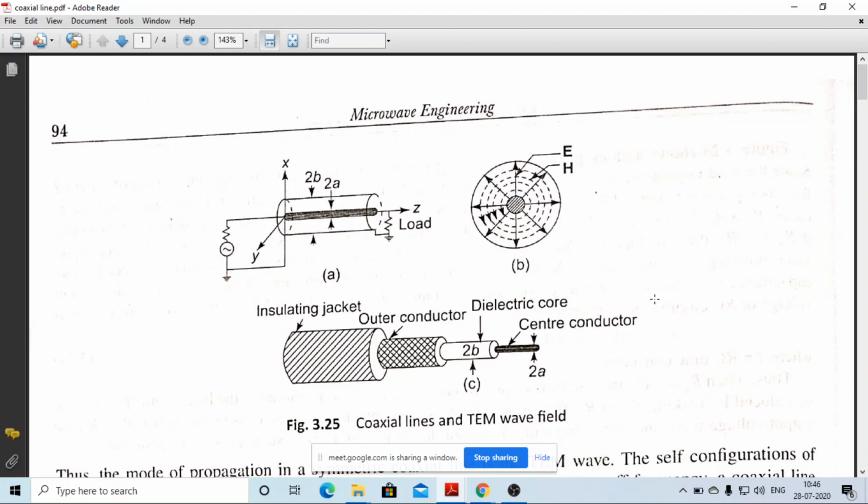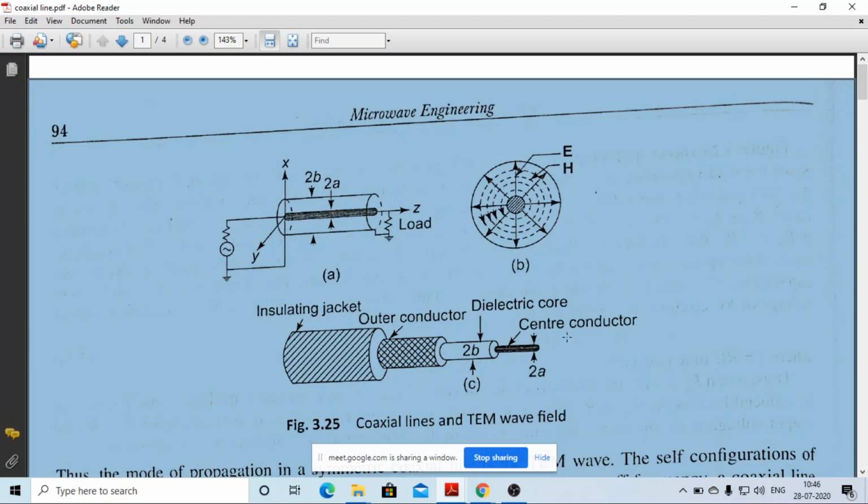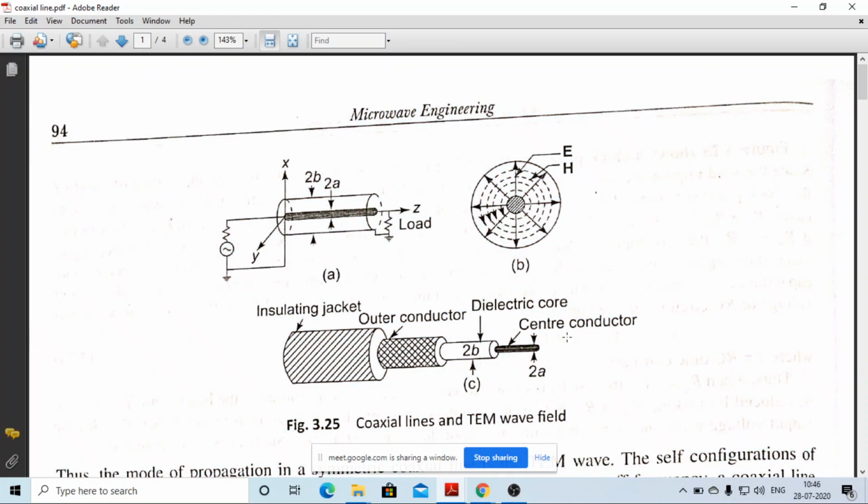If you see the construction of the coaxial cable, first the center core is your center conductor. On the center conductor, dielectric materials are placed, and generally